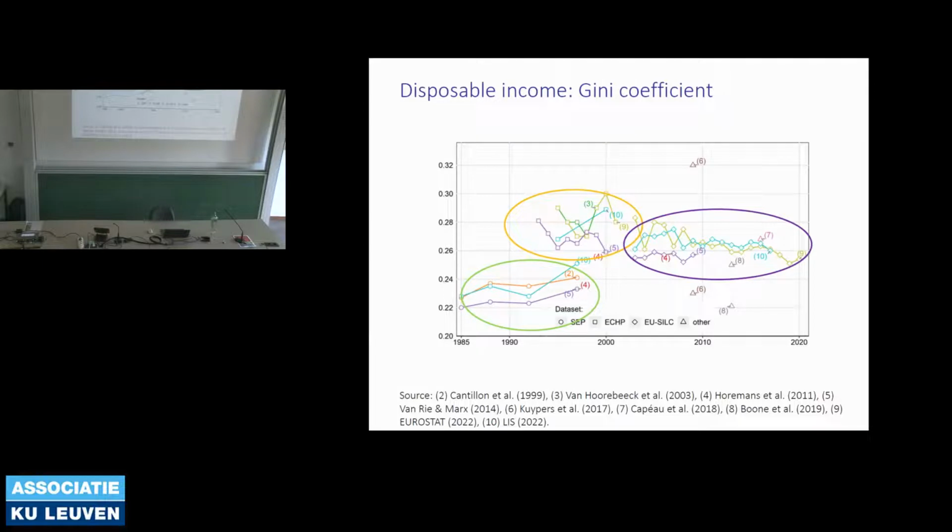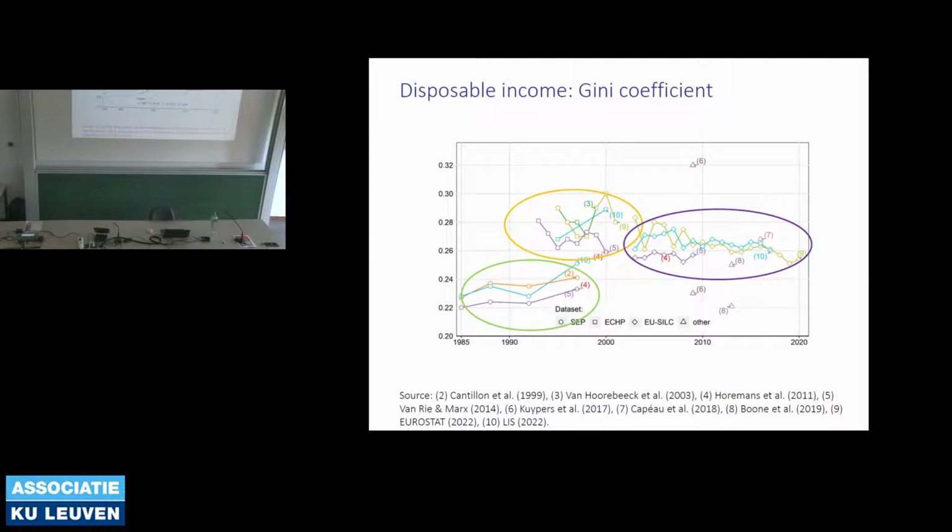What is important to realize: the ones with the little circles, or the one in green, that's based on SEP. This is based on the ECHP. For the people who know a little bit, this is the PSBH, then harmonized by Eurostat, right? In a slightly black-boxish procedure, the data from the PSBH have been harmonized. That's basically this trend, what you see with the squares. And then SILC is the trend with the diamonds. Again, these are not our computations. This is all work that others have done. We have done nothing new so far.